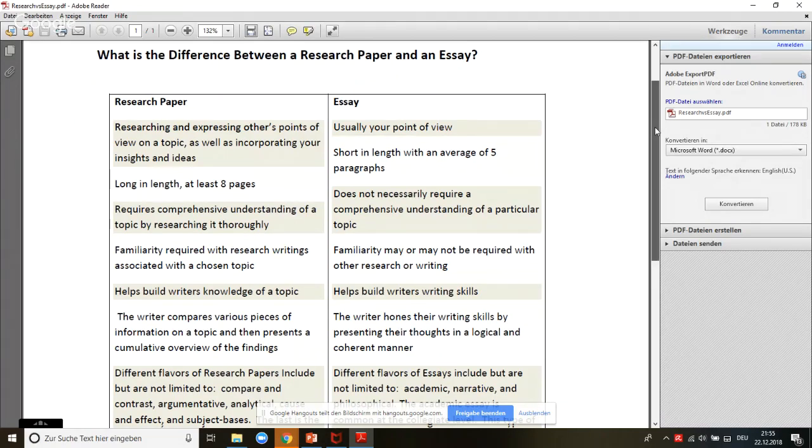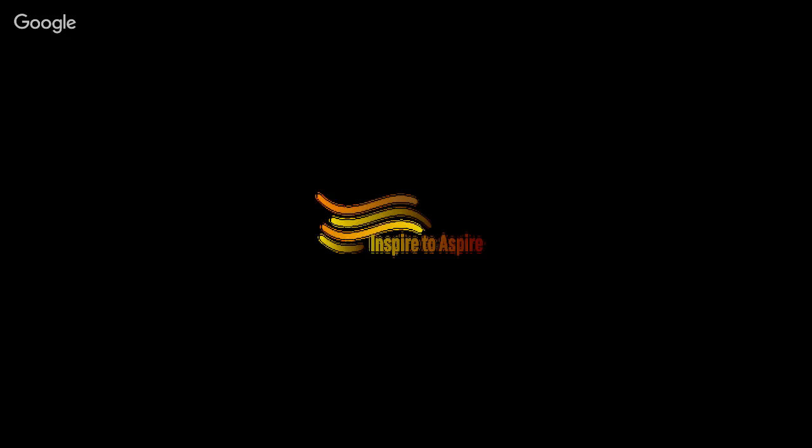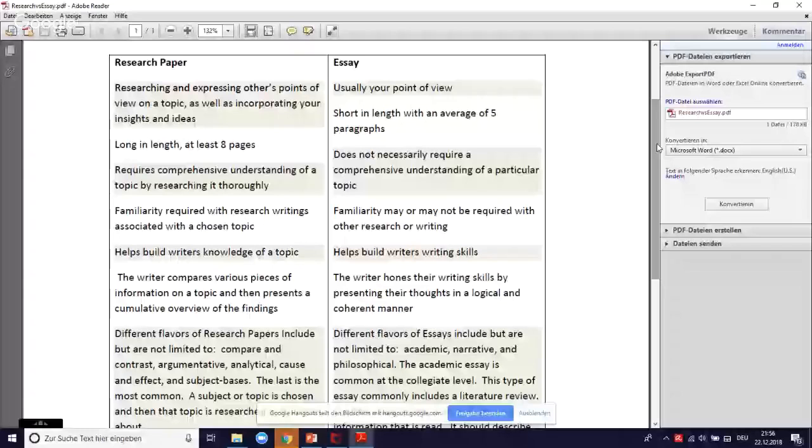A research paper usually requires familiarity with research writings associated with the chosen topic, whereas that's not the case with an essay. A research paper helps build the writer's knowledge of a topic, whereas an essay might help you build writing skills more than knowledge. In a research paper, the writer compares various pieces of information. Sorry for that. And when it comes to an essay, the writer